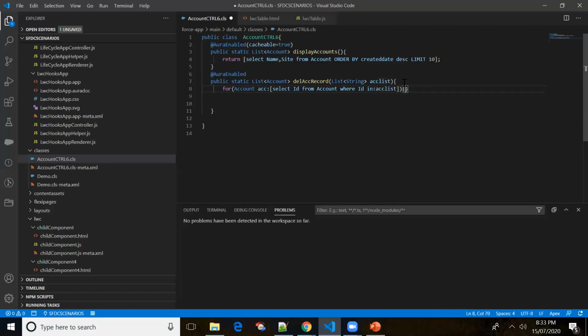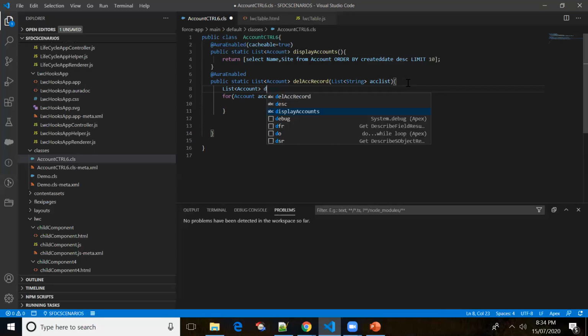Now I'll create a list and then add the data to the list. I'm creating a list of accounts, deleteAccList, new list of accounts. Now I'll just add the result to the list.